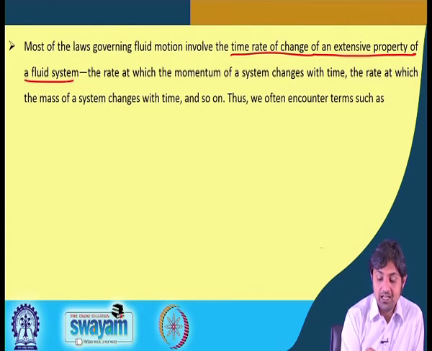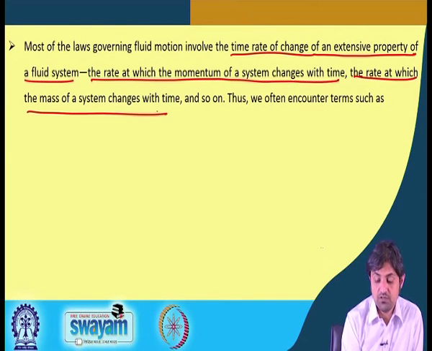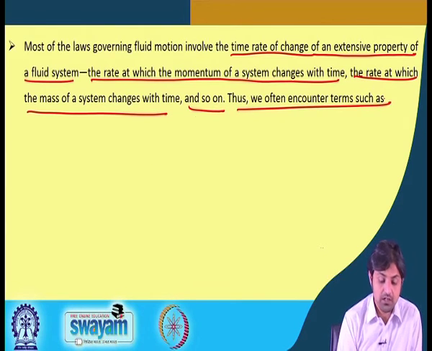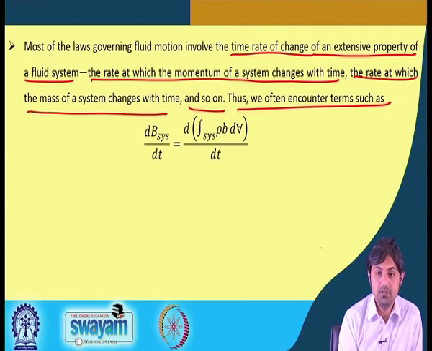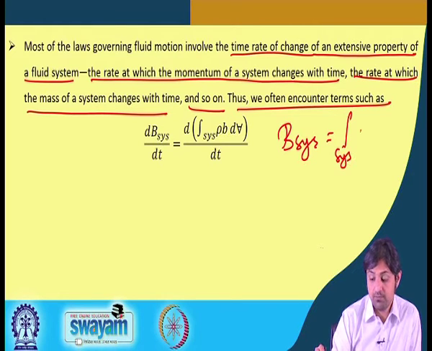The rate at which the momentum of a system changes with time, for example, or the rate at which the mass of the system changes with time, and so on. Thus, we often encounter terms such as dB_sys/dt. So, not only is B system important, which was the integral over the system of rho b dV,